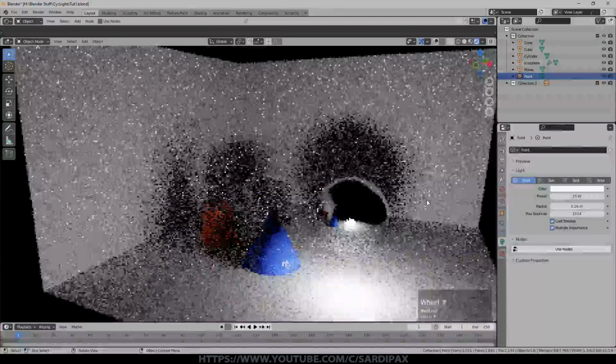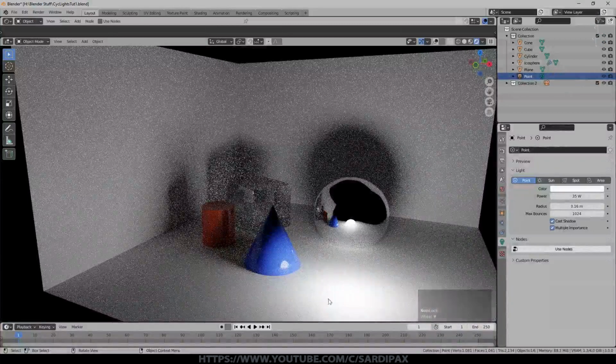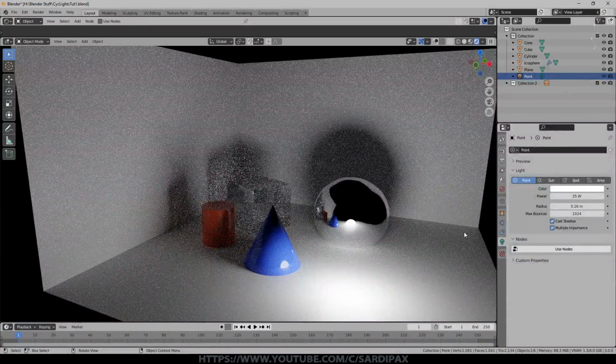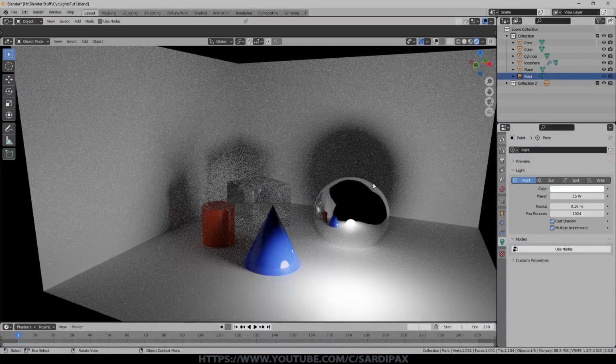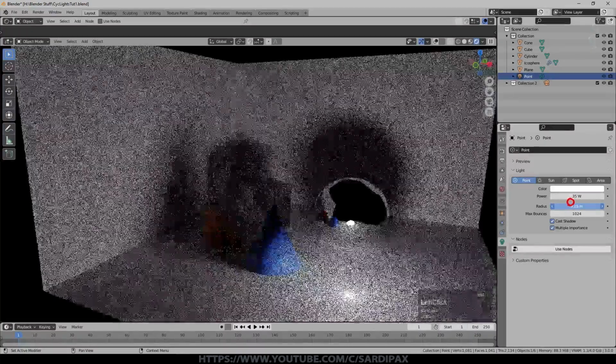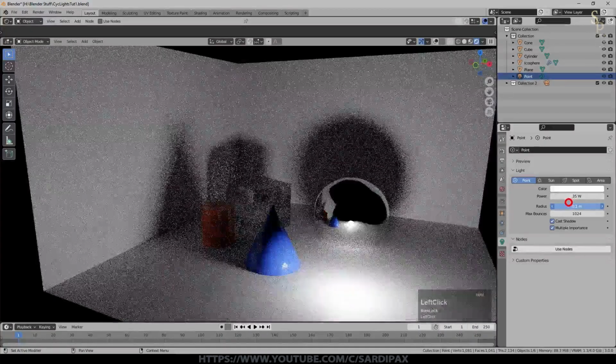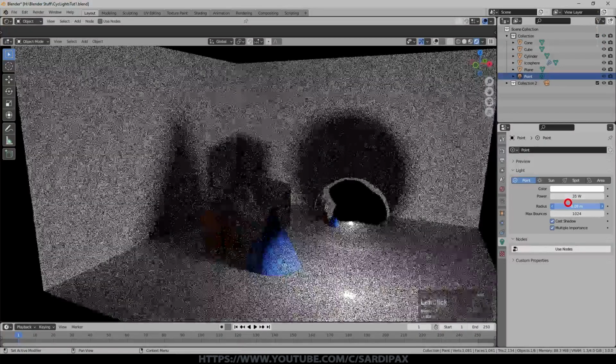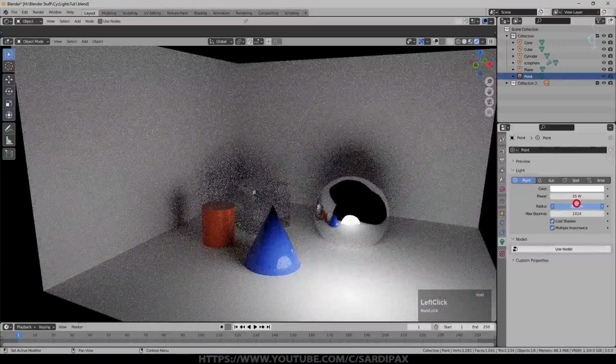So the first thing I'll point out is, although we can't see the lamp directly here, for this type of lamp, which is a point lamp, it actually is showing up in here, at least in the viewport. Something to be aware of. If I play with the size of it, you can see it's changing there. I think traditionally it didn't used to do that in Cycles. It does in EEVEE, but it didn't used to do it in Cycles. But clearly there's some slight changes there.